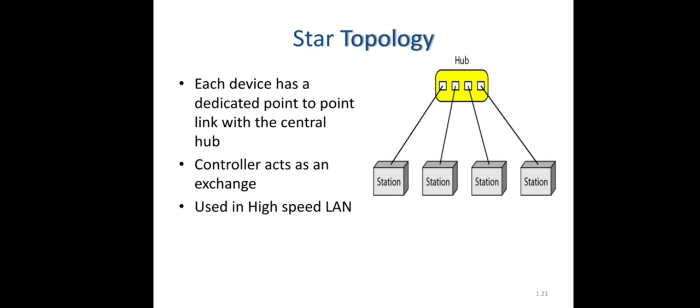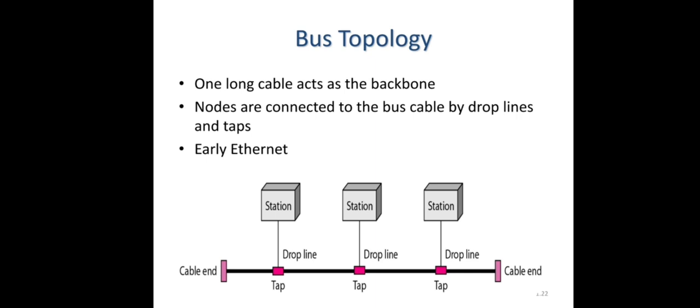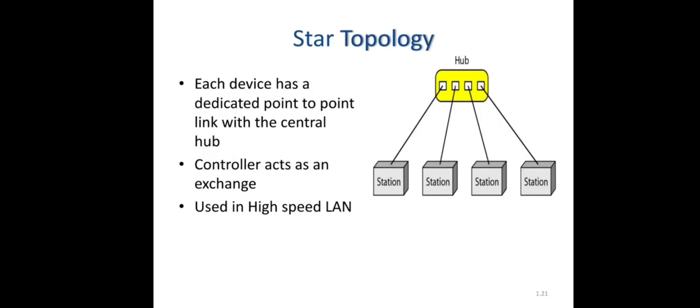Now coming to the pros and cons of this star topology, you can see that compared to the mesh topology, the cabling required is less, so it is less expensive, and the size also will be compact. And each device needs only one link and one IO port to connect it to any number of others. So this factor also makes it easy to install and reconfigure. Any number of devices can be easily accommodated, depending only on the capacity of the hub. And